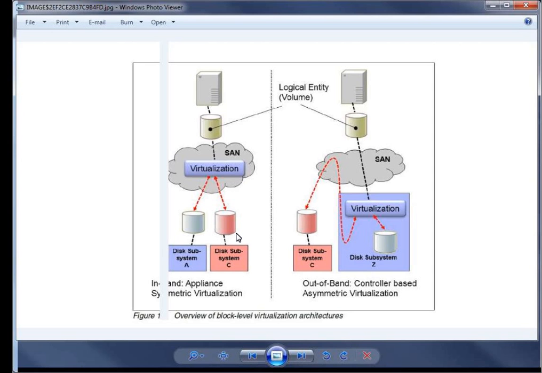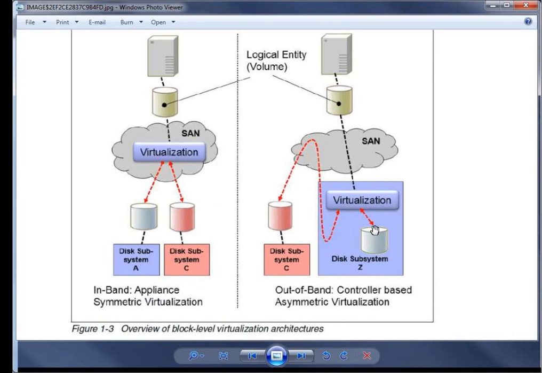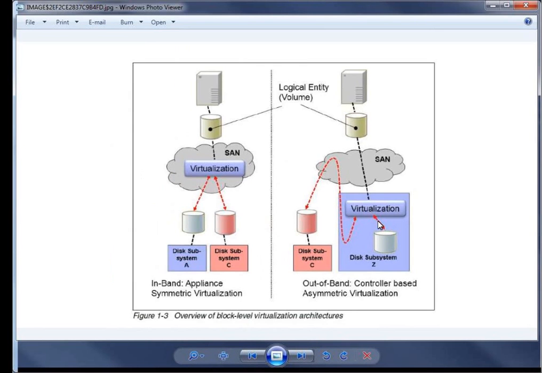This virtualization is happening at the controller level. Please understand the difference here. These appliances' requests are passing through the fabric and reaching the controller level. What is the fundamental drawback for that? The drawback is that anytime you need to replace your virtualization solution, you will also end up replacing one of your disk arrays. Now, if you don't want to do that, tough luck, because that is where you are locked in. In the case of SVC, that is not so.